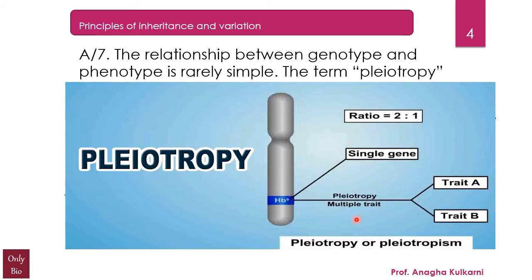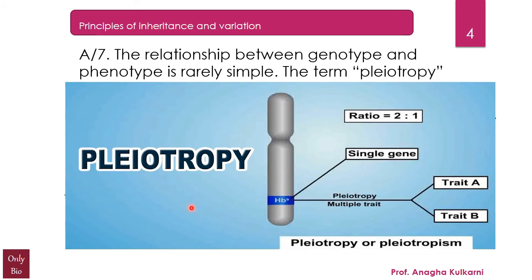In homozygous conditions, HbS acts as a lethal gene. इसका मतलब है कि जब HbS साथ में आ जाते हैं तो that can act as a lethal gene. It can prove to be fatal. यानी उससे death हो सकती है of the bearer. So the ratio instead of 3:1 is going to be 2:1.